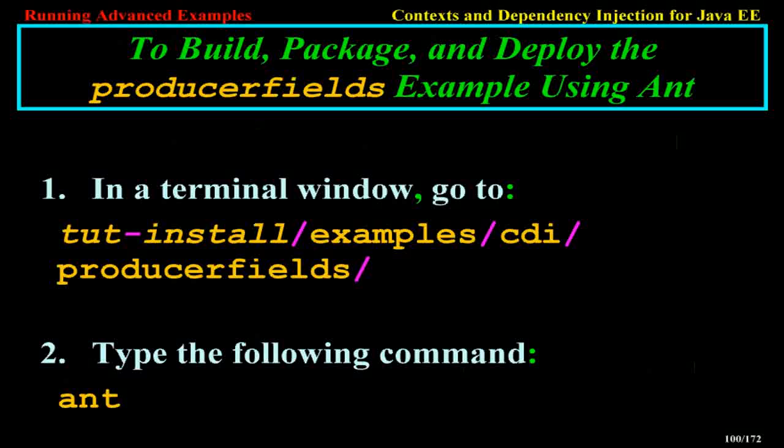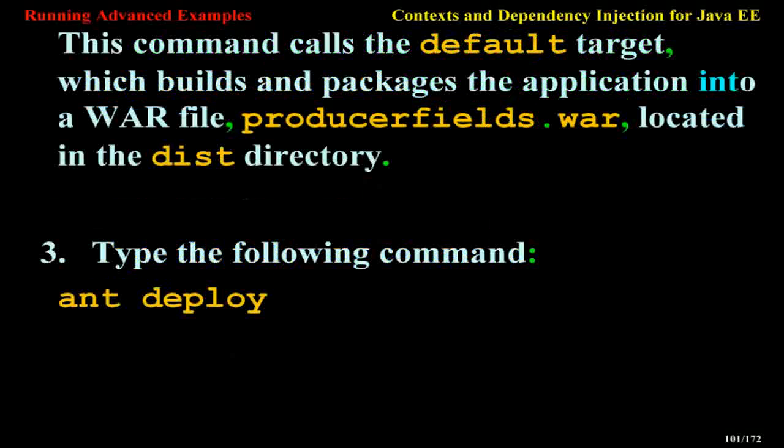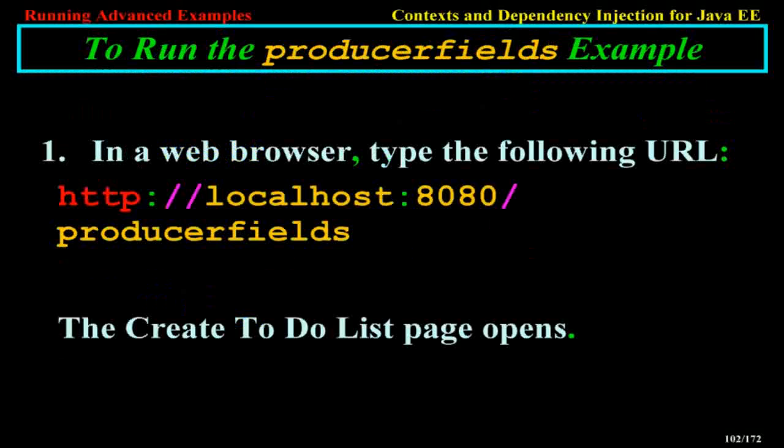To build, package, and deploy the producerfields example using Ant: In a terminal window, go to tut-install/examples/producerfields. Type the following command: ant. This command calls the default target, which builds and packages the application into a WAR file, producerfields.war, located in this directory. Type the following command: ant deploy. To run the producerfields example: